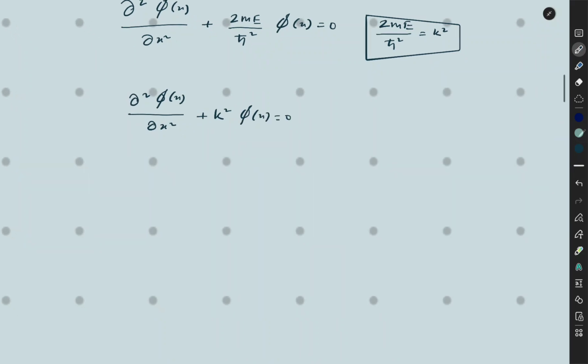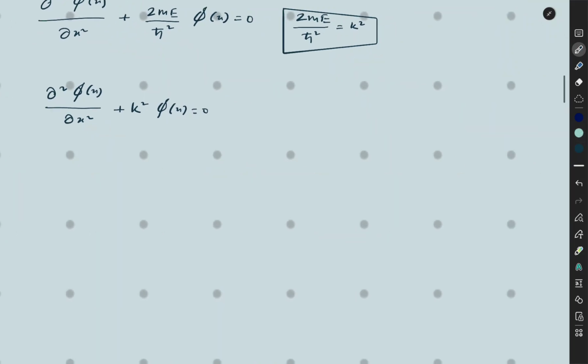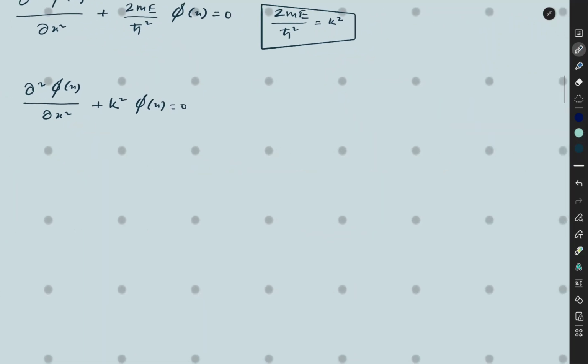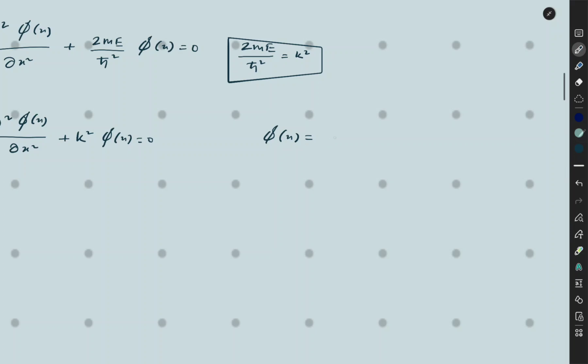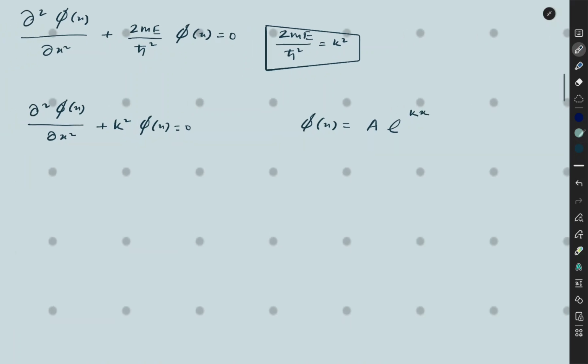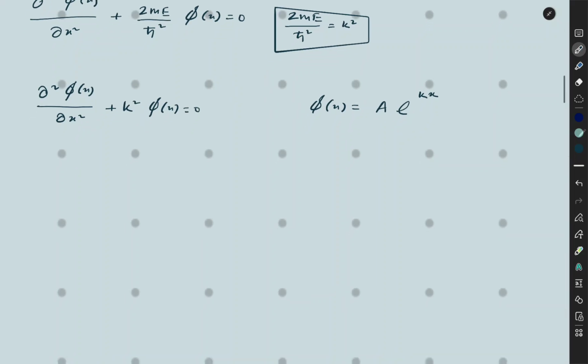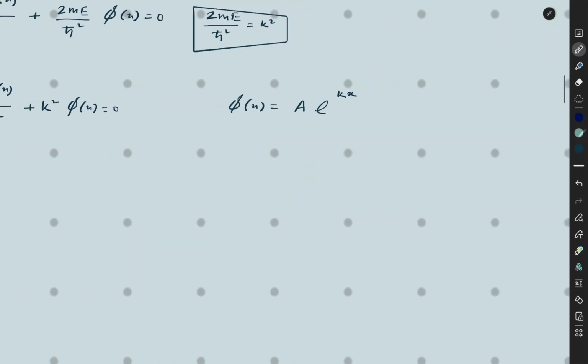This is a standard differential equation. We have also learned it in simple harmonic motion. So how can we solve it? We can take a trial solution, let us say phi of x equal to an arbitrary constant A and e to the power of kx, because in SHM